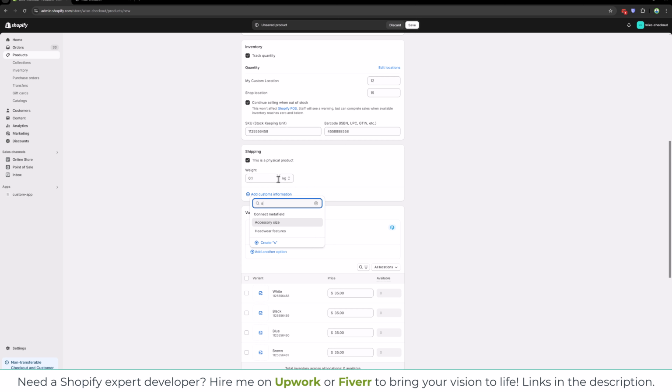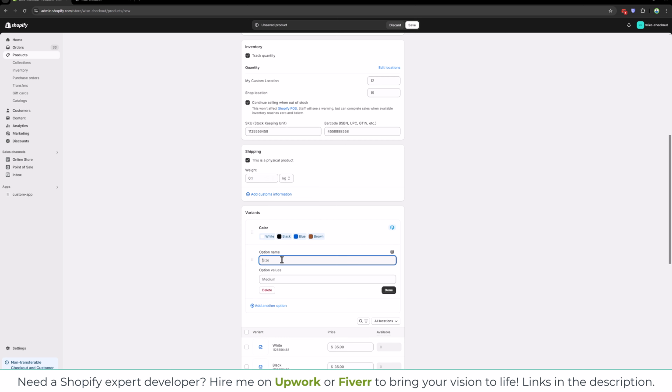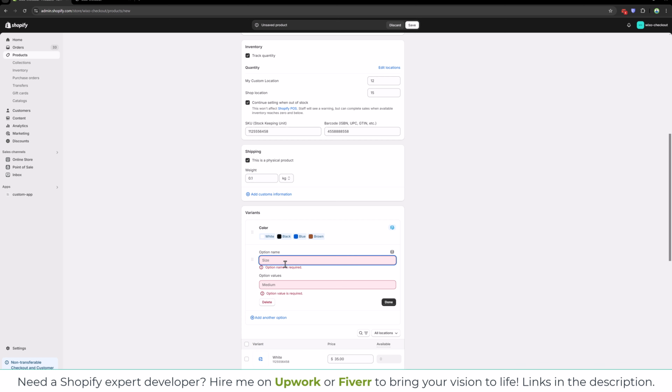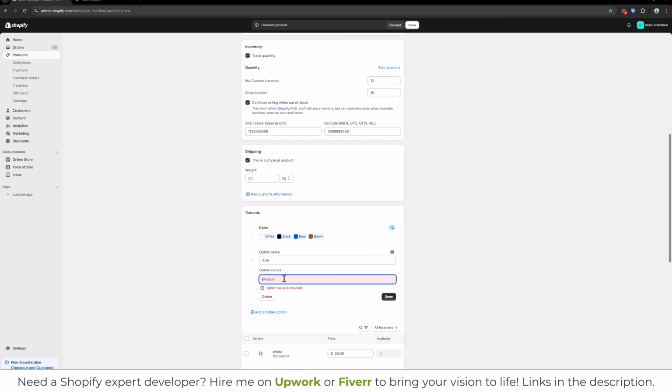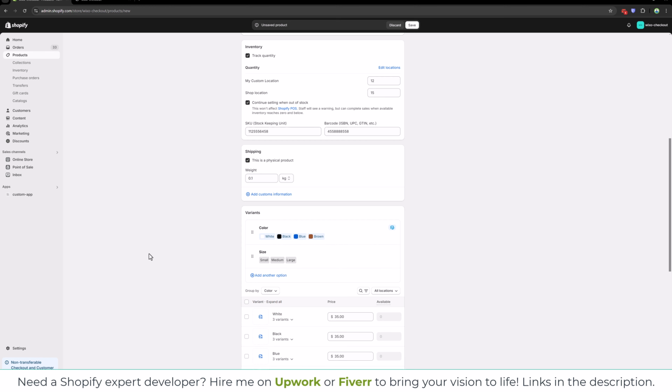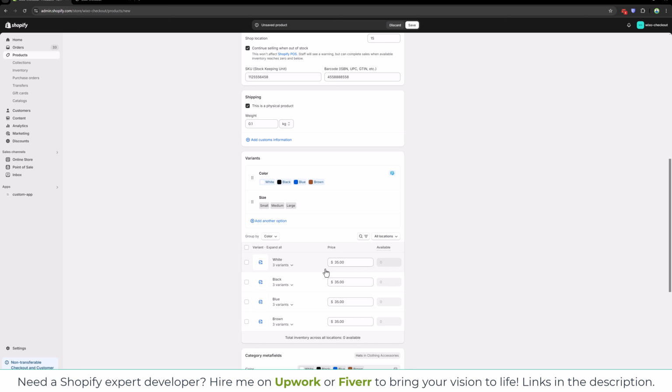So let me add another option, create custom option, size. Let me add the size option name, size: small and medium and large. So this is how you can add the options and the product variants, and from here you can define the